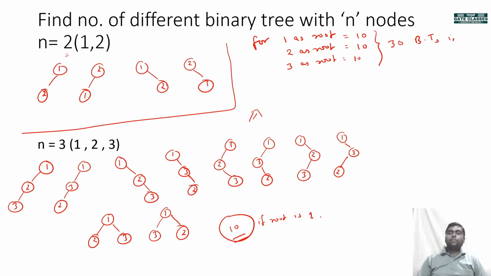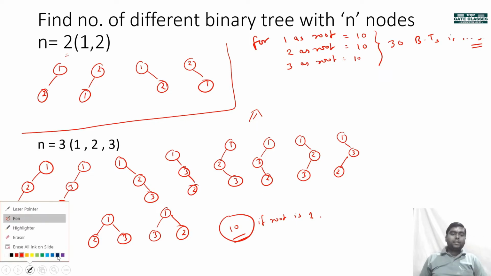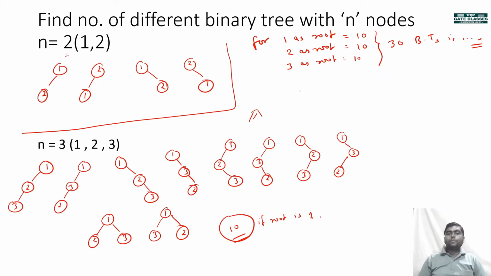Okay, if n equals to 3. N equals to 3. Okay, so I hope that this is clear to you, है ना? Now, so how to formulate this particular problem? So this is similar type of problem. So basically we can define it as number of binary trees possible with n nodes.